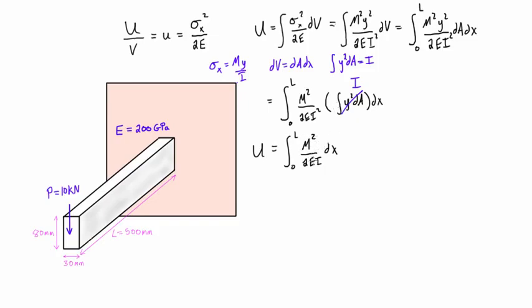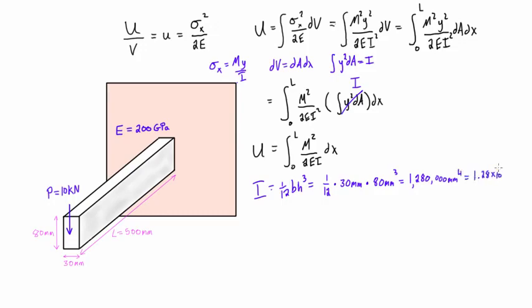So what we need to do now is go ahead and find out a little bit more information. We're going to need to find the moment of inertia for this beam here, and we're also going to need to find the expression for m in terms of x. So maybe let's do moment of inertia first. We have I is just going to be equal to 1/12 base times height cubed. So if we just throw all that in, we're going to get 1.28 times 10 to the negative 6